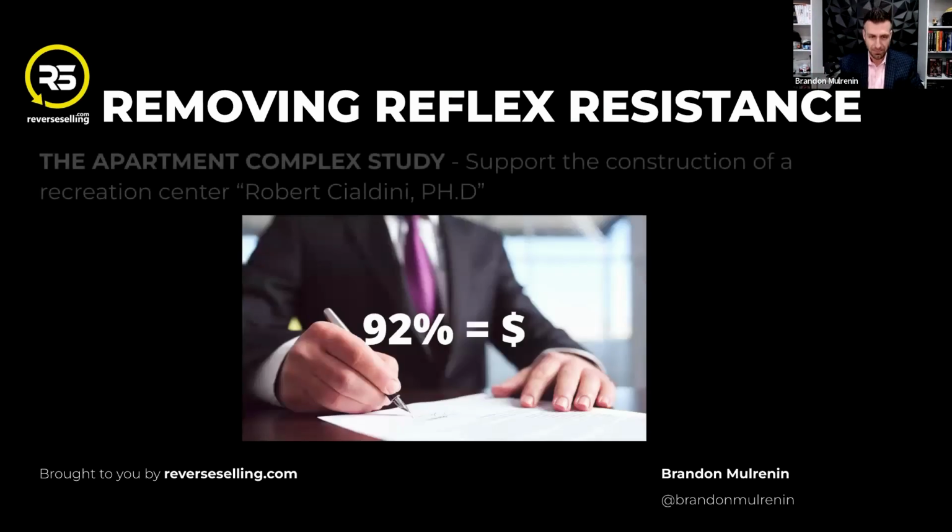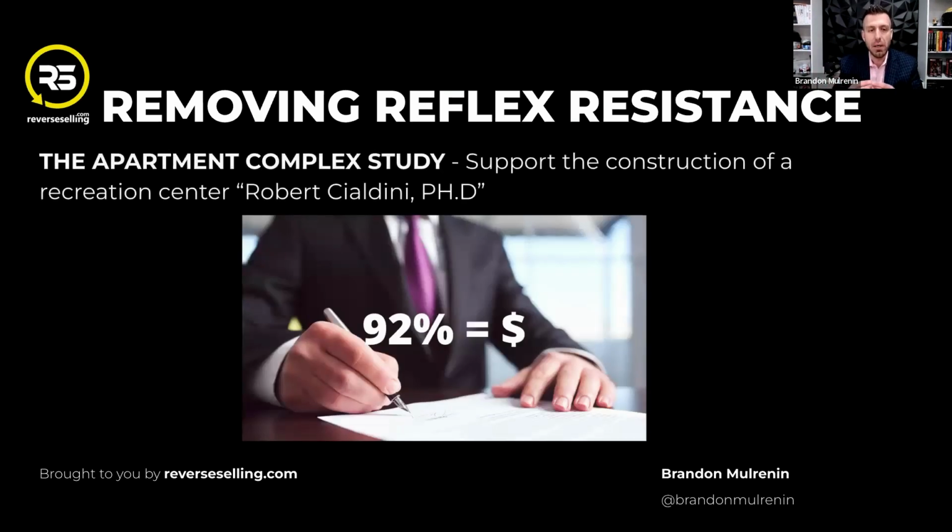And so they did a study on a group of people that lived in an apartment complex. They separated them into two groups. The idea here was that the local community wanted to build a recreation center. Half the group, they sent them a petition to sign to say, are you in support of this new construction? Those people signed it, said, yeah, we're in support of that. We would love a recreation center. Okay, cool. And then the other people, they didn't send that petition. And here's what they found.